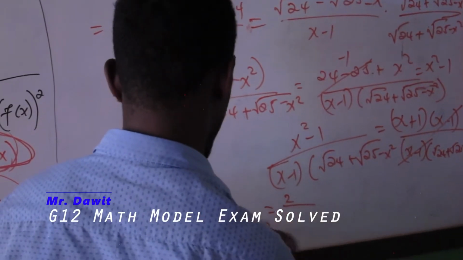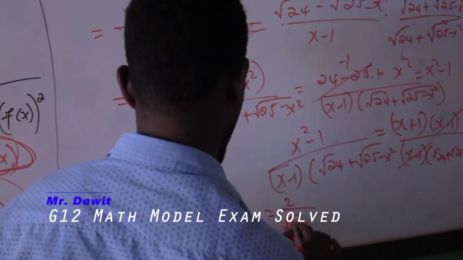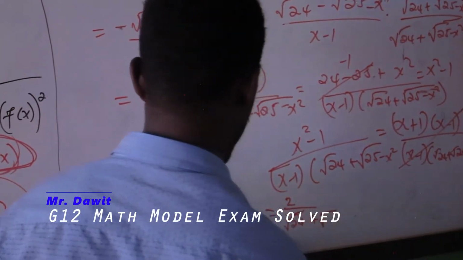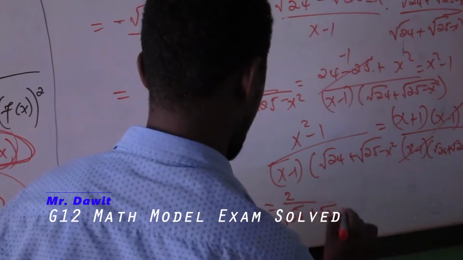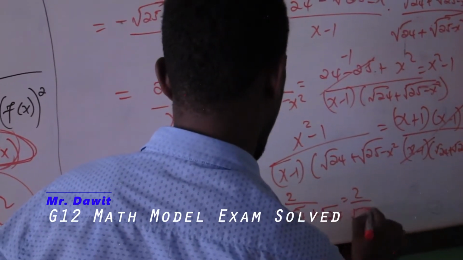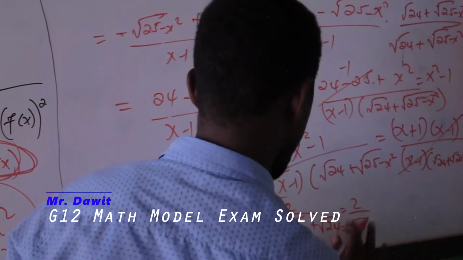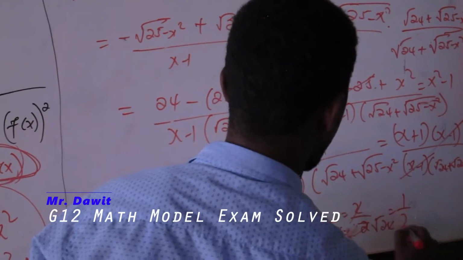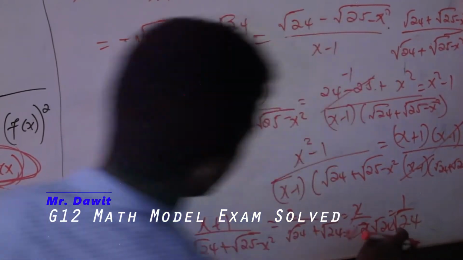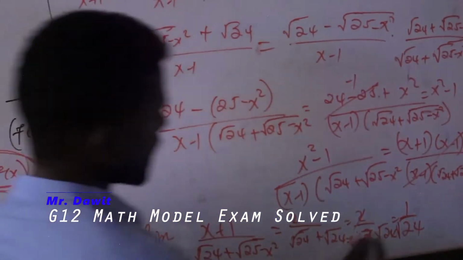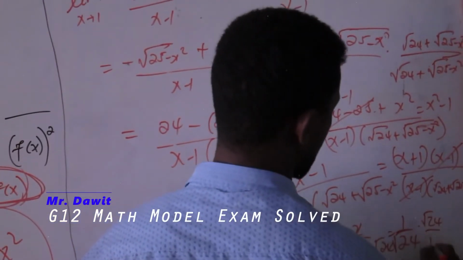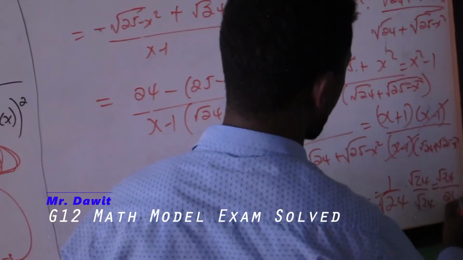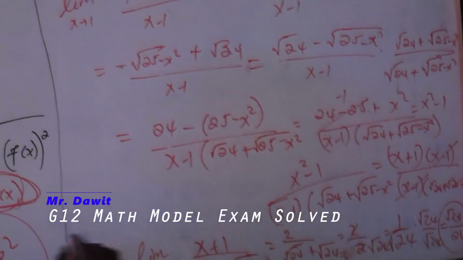2 over radical 24, yes? Radical 24, yes, plus radical 25 minus 1 is 24, yes, 24, so it comes out 2 over twice radical 24. Now to cancel, it comes out 1 over radical 24. This number can be rationalized, so we have to multiply it by radical 24 over radical 24. Finally, it becomes what? Radical 24 divided by 24. This is the final answer for the limit of